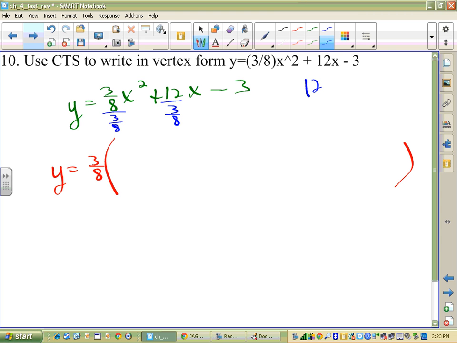So 12 divided by 3/8 is like 12 times 8/3. And that cross cancels. And that's going to give me a 32. So that's going to be x squared plus 32x. That's going to make it nice, actually, kind of. And then